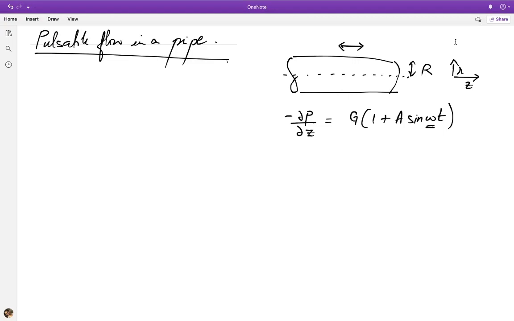So I have to retain the inertial term. So let's write out the equations now. Again, remember u is the velocity in the z direction. Now I don't have u dou u by dou z because dou by dou z is 0 from the continuity equation. This is equal to my pressure gradient, using the form I have given, plus my viscous term.